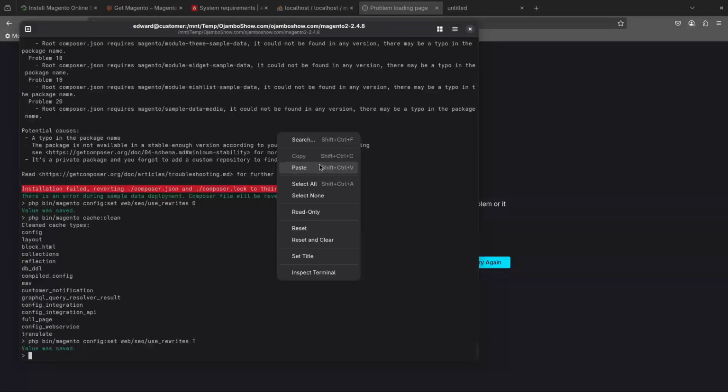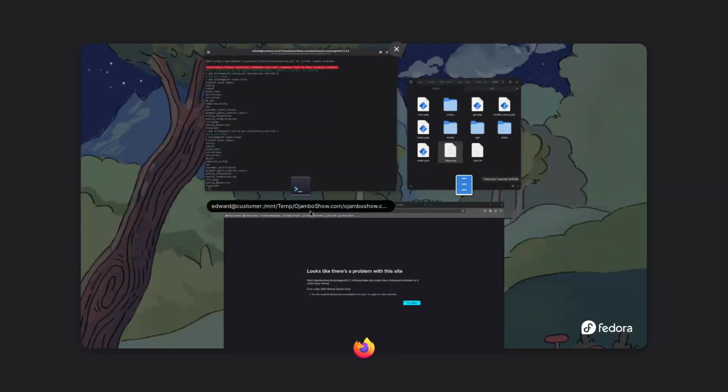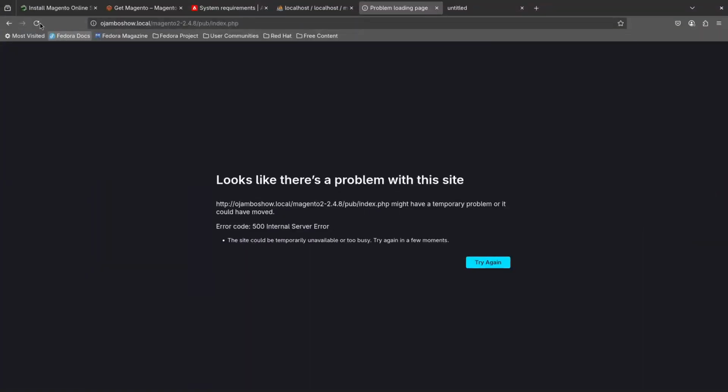Yeah. So the problem looks like it's with Magento. It's cached somewhere, and this is not going to work at all. Yeah, it's still the Zend cache. So there's a problem with the cache. I'm guessing it just needs an update, and hopefully that will fix it. Okay, so I